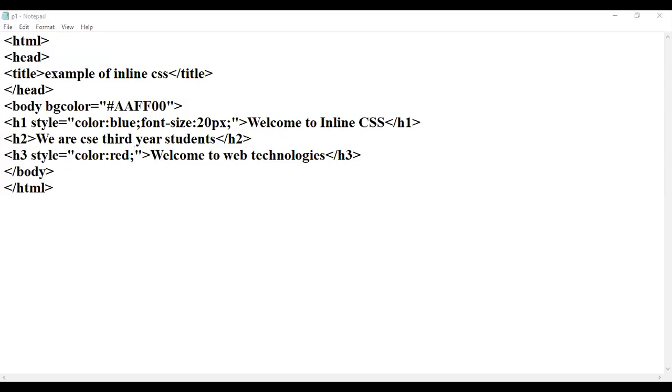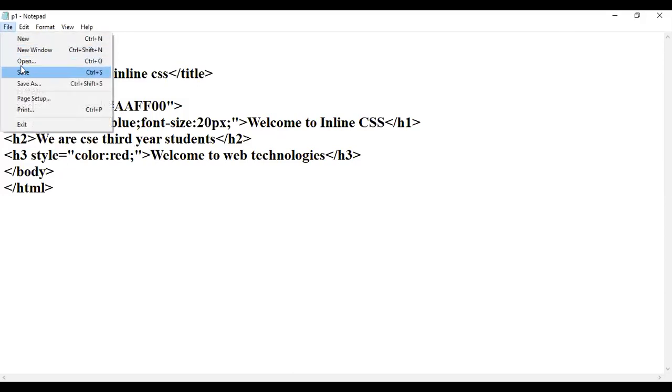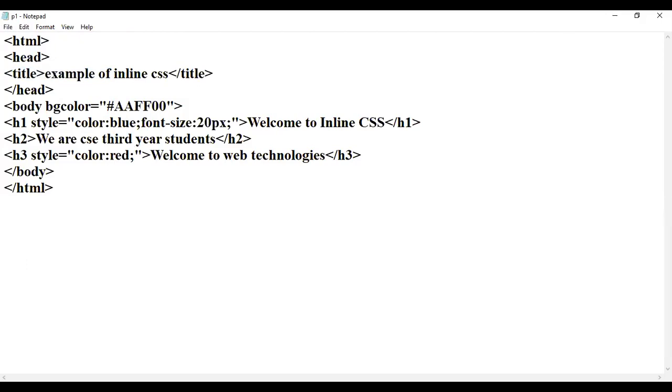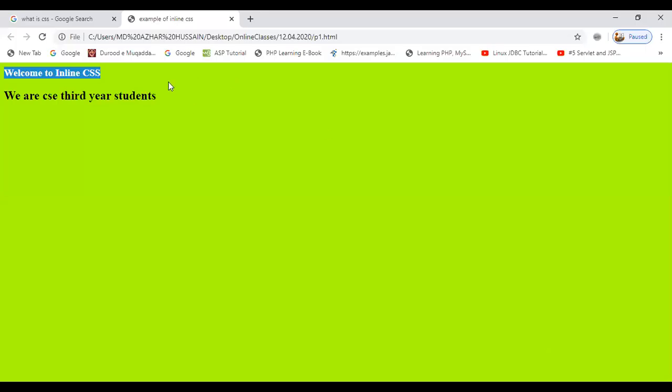So I will quickly save this program. As I have saved already, I am just clicking on the file saving button. Then I will go to the location where this program is saved, or I can directly go to my web browser. See, this is my previous program. Now I will refresh and reload this page. Can you see the screen? Yes, the color of the H3 heading, welcome to web technology, has changed to red. Like this I can give styling properties to a particular line. So this is the example for inline CSS. Now I will go to internal CSS.